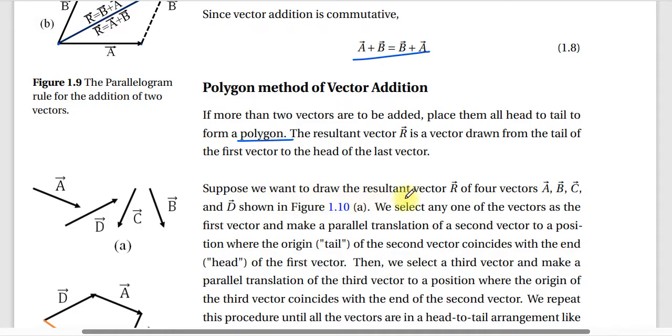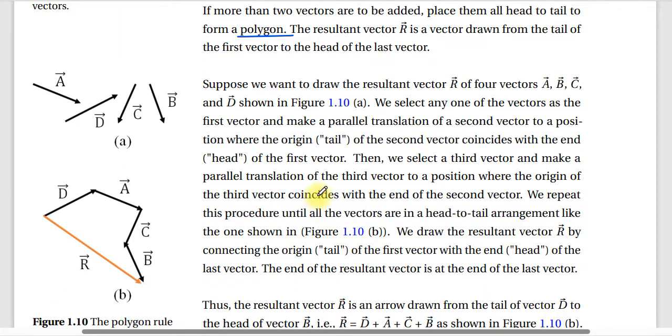Suppose we want to draw the resultant vector R of the 4 vectors A, B, C, and D. We select any one of the vectors as the first vector and make a parallel translation of the second vector to the position where the origin, the tail of the second vector, coincides with the end, or head, of the first vector. Then we select the third vector and make a parallel translation of the third vector to the position where the origin